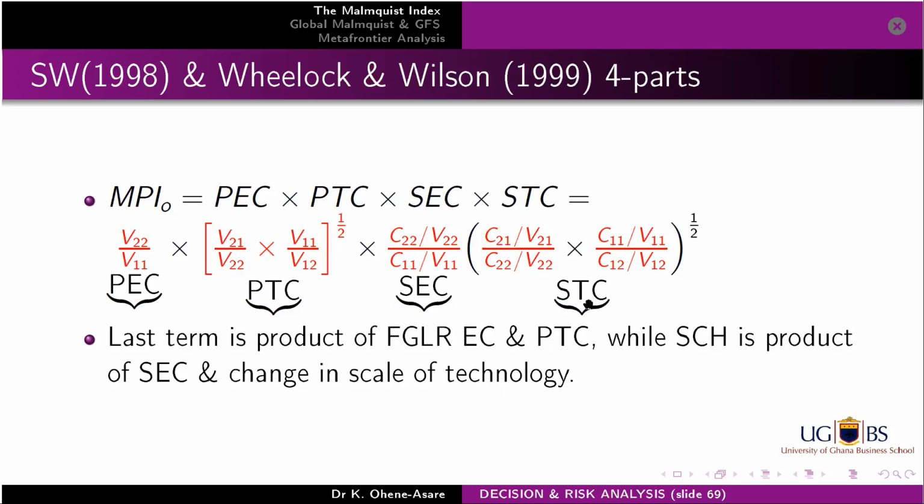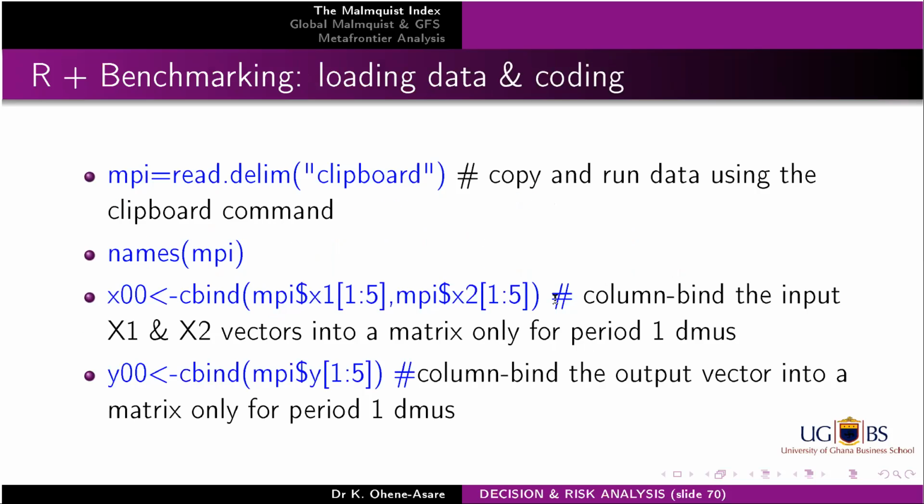That's what you have here. Scale technology change. It's a very confusing one, but like I said, there are 3 different decompositions of the original Malmquist. Right. So now we are ready to do the Malmquist in the